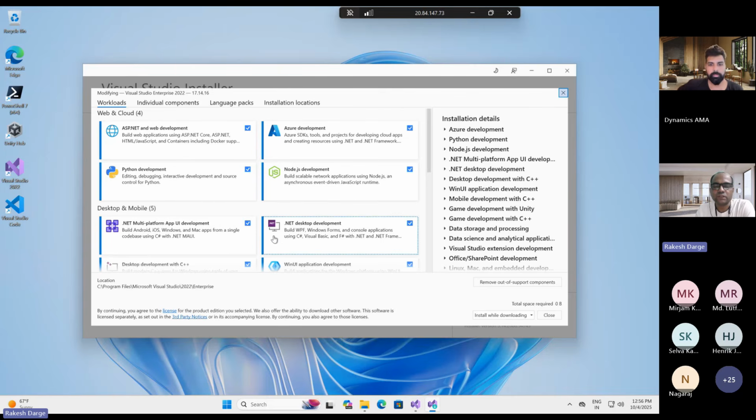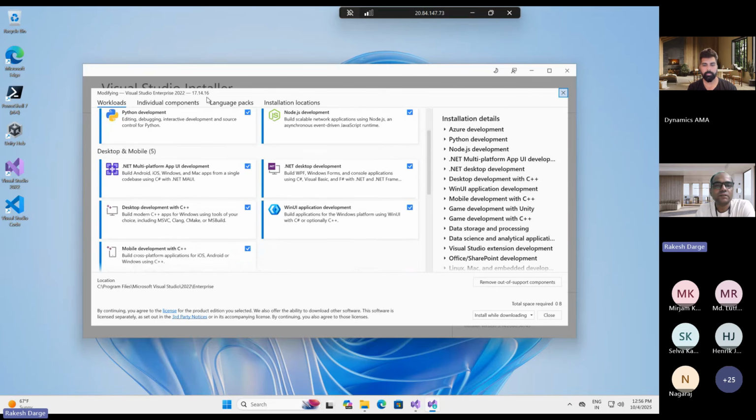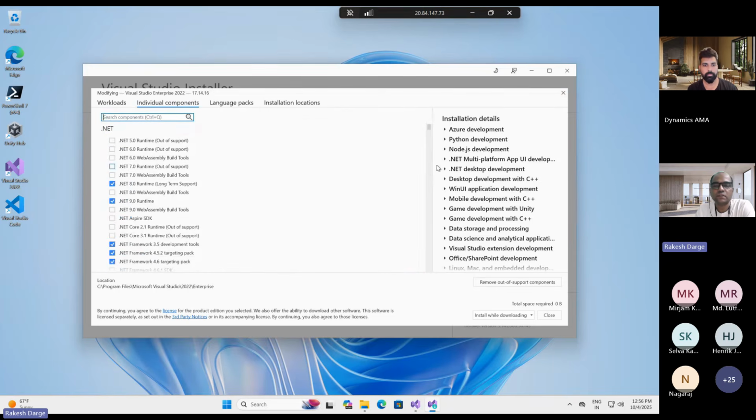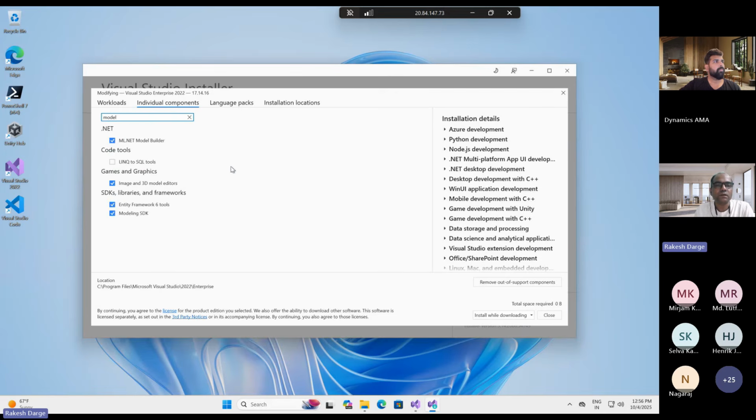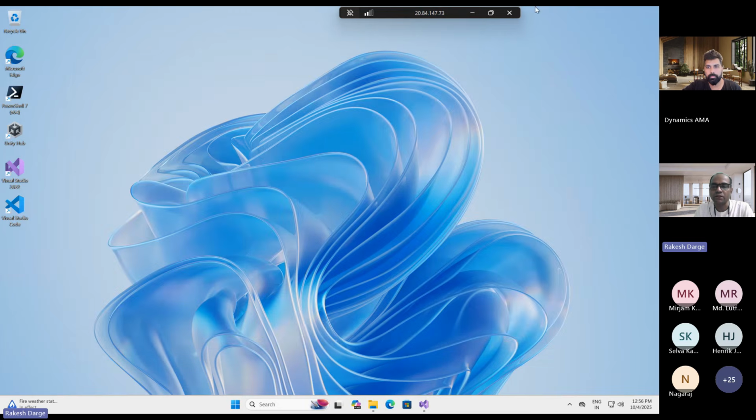So first and foremost, you need the .NET development SDK, which is pretty much required. Then in the individual components, these are the list of components you need. You need the SQL also. Everything is going to be installed. You can see here I do have SQL LocalDB installed that already comes with Visual Studio, and you can also have the modeling SDK. Don't forget to select this. If you don't have the option enabled for modeling SDK, then the next journey for the Power Platform integration will not be able to continue as it is.